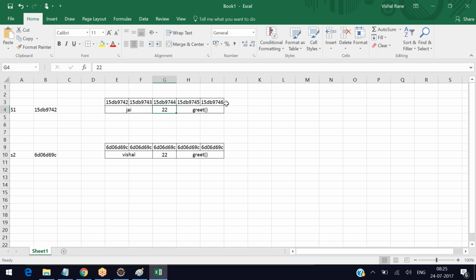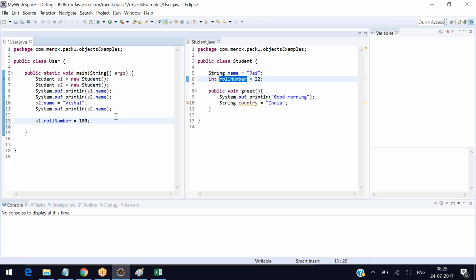So this 22 will be erased and 100 will be printed here. This is exactly what is happening. And now if you see System.out.println s1.roll number,